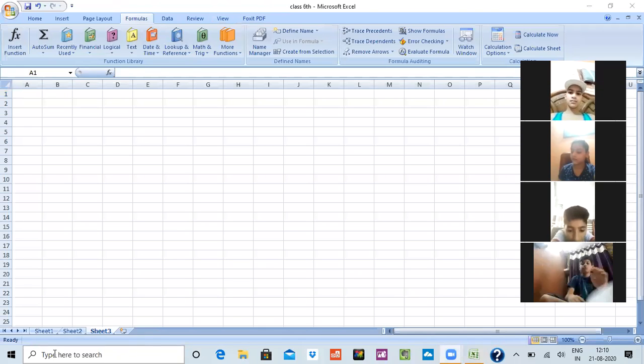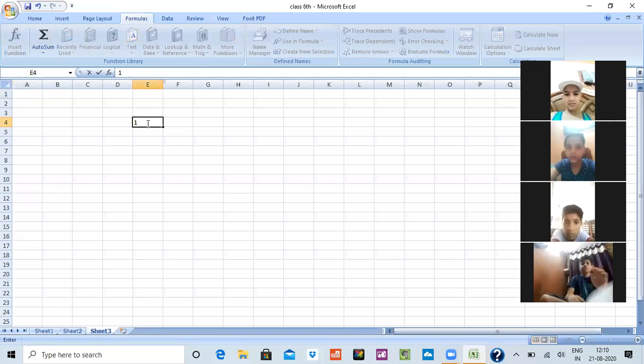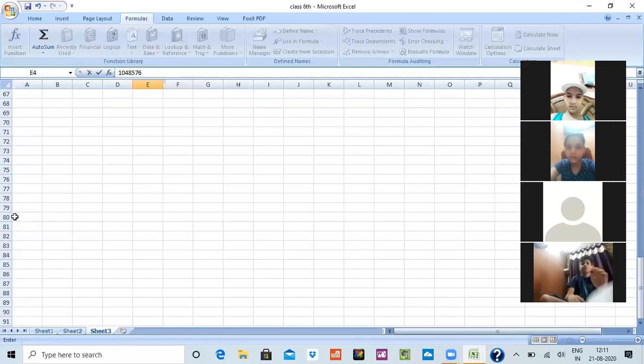Now I would be writing in a worksheet. In a complete worksheet, there are 1,048,576 rows in total. If I scroll, see, it is moving now.